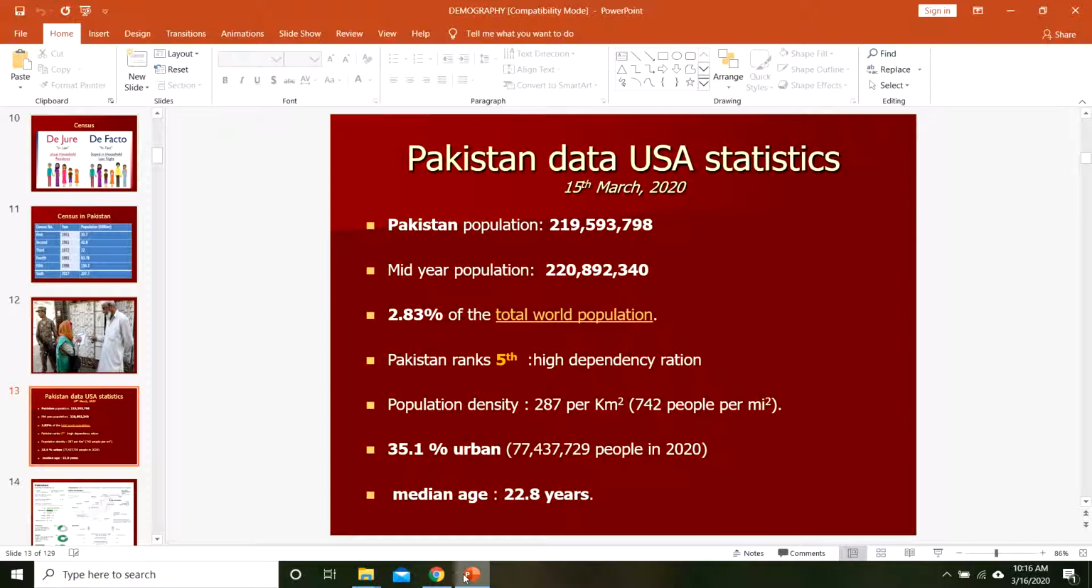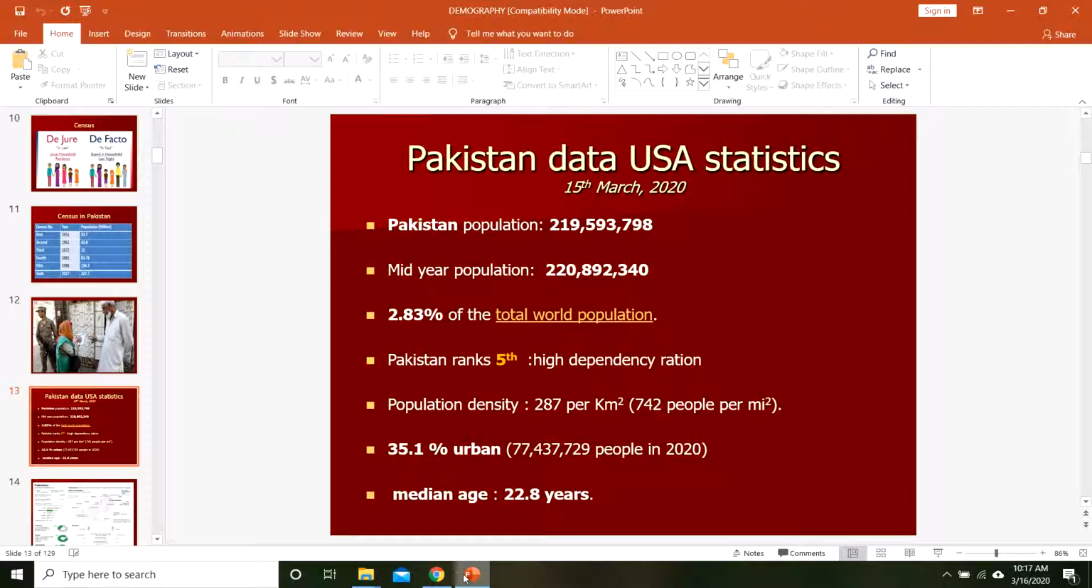Population density has been estimated as 287 per square kilometer, and the urban population is estimated to be 35.1%. The median age of the Pakistani population is estimated as 22.8 years according to USA statistics. Again, it shows that not only the national demographic surveys, but also the international demographic surveys take samples and calculate